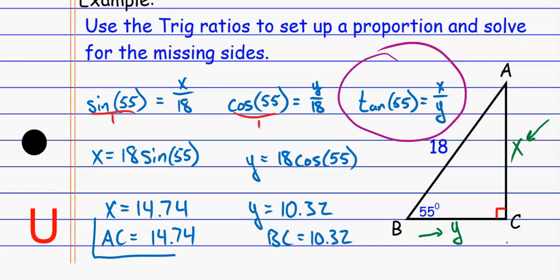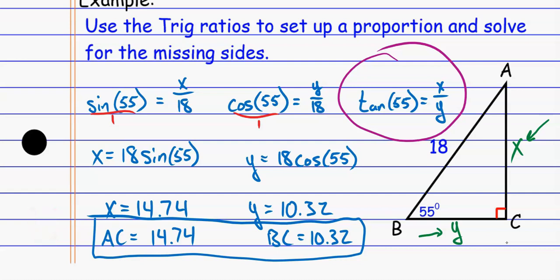And hopefully you understand why this is important. Before, when we wanted to find the missing side of a right triangle, we needed at least two of the sides, right? We needed two sides so that I could do my Pythagorean theorem. But here I only have one side of the triangle, and I'm able to find all the rest. And it's based on the relationship between the size of the angle and the size of that opposite side. It goes back to that relationship within triangles, which means if I have one side of this thing and I have some angles, well, then all I need is one angle and one side in order to find the remaining